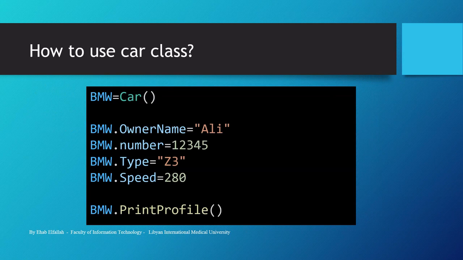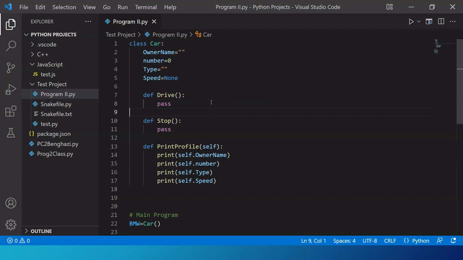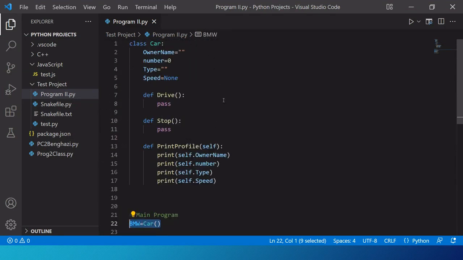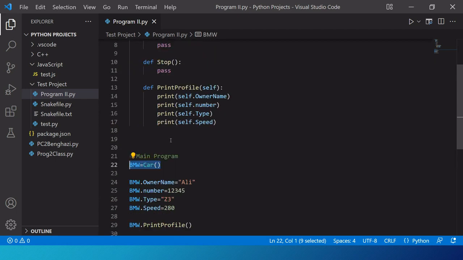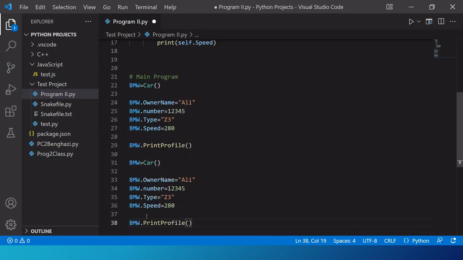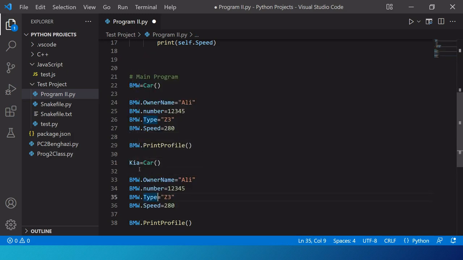Okay, we can go to Python here. So this is the class, and as I said, this is the one instance. The class is the blueprint or the design that we want for that object, and for this one object I can repeat this information for another instance. So here, for example, I will say Kia, for example, equal to Car. So here I create an object called Kia from the type Car, or class Car, and here I will use